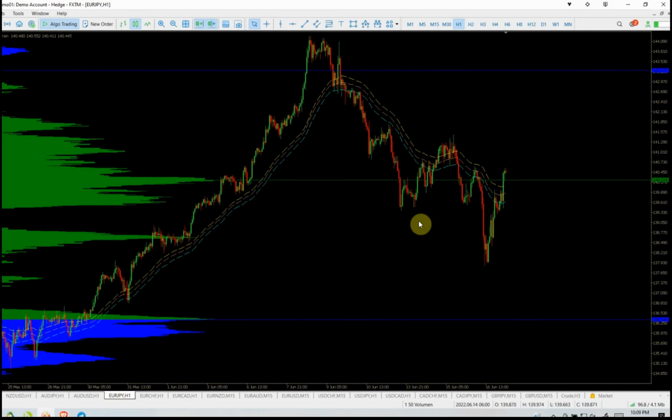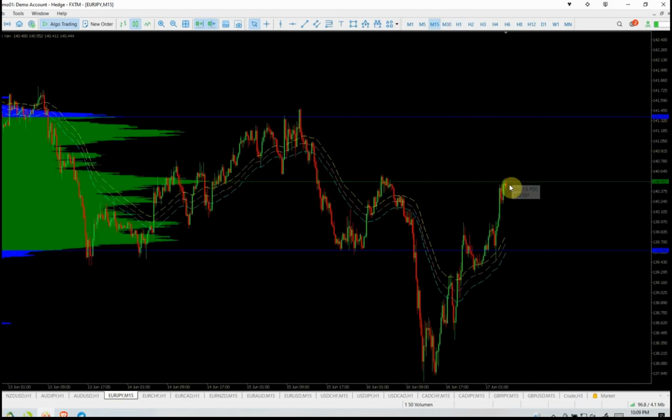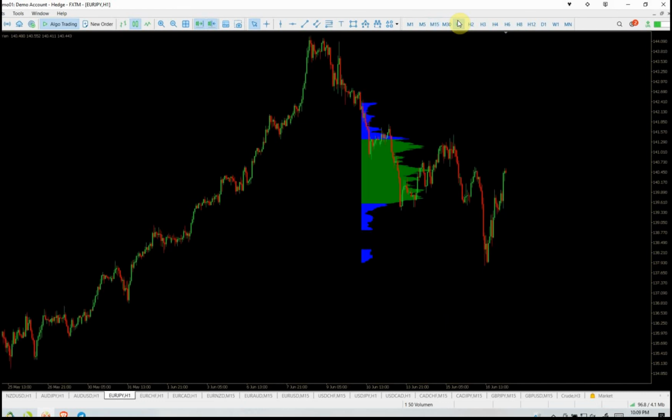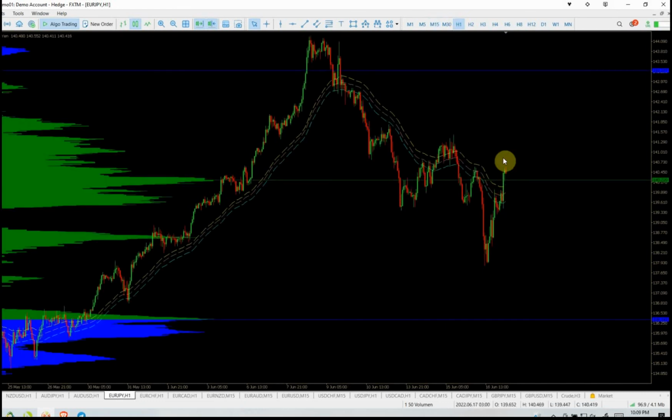So Euro Yen on the 15, we're sitting right at the POC as we speak. Again, a very big magnet. And on the 1 hour, we're just above it. Okay, so this is another one where I'm not really too sure, because there's just not a big gap between where the POC is on the 1 hour versus the